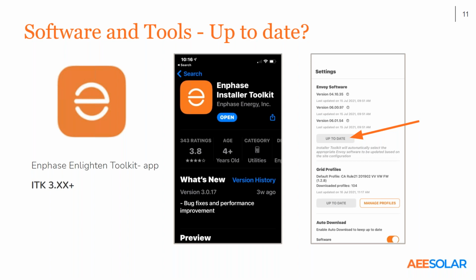And with Enphase, there's actually additional software. Sometimes you hear it called e-software or firmware within the app, and you want to make sure that that's up to date as well. That's kind of an internal item. So if you launch your app in the morning, hit update while you still have Wi-Fi, it'll potentially save you 20 minutes and even an hour sometimes while that stuff downloads to your phone before it even gets pushed into the Envoy and other equipment. So these 2 steps are really important. We just think that really helps set you up for success.